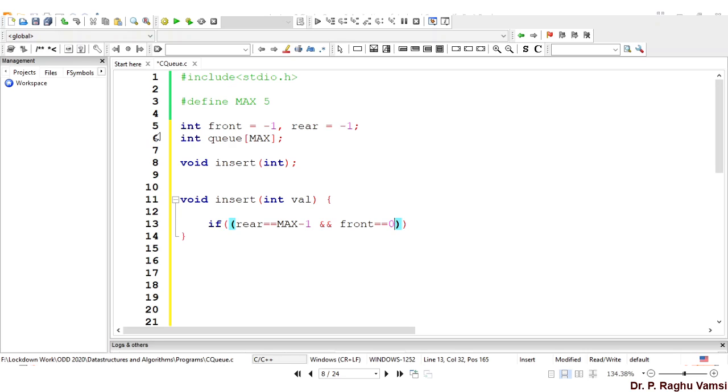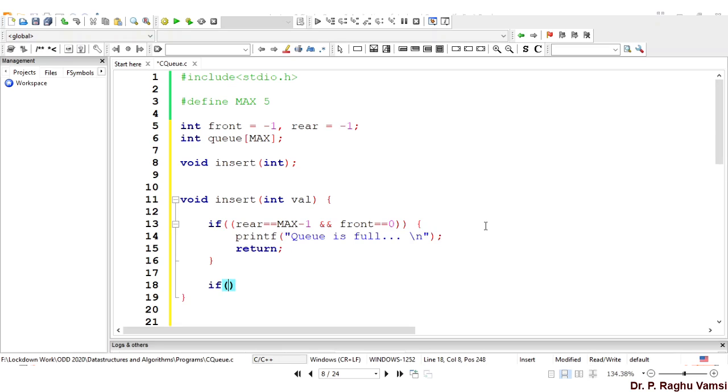When rear is equal to max -1 and front is equal to 0, then you may ask me why we are making it as front is equal to 0. Anyhow, we have initialized front as -1. Afterwards, we will change it to 0 for our convenience. So that is the reason I'm going to mention front is equal to 0. In this case, printf queue is full. Then return.